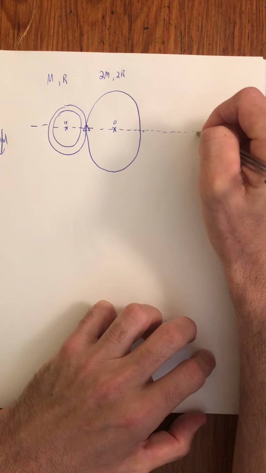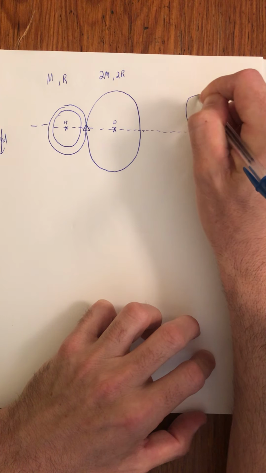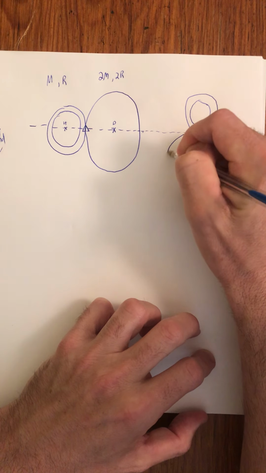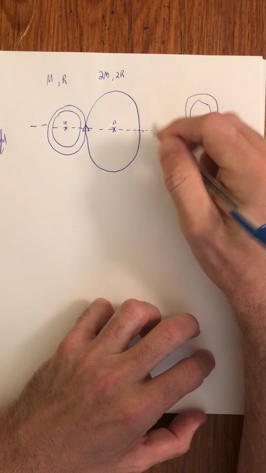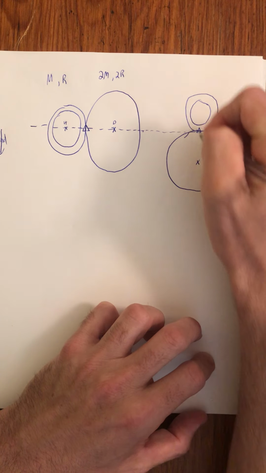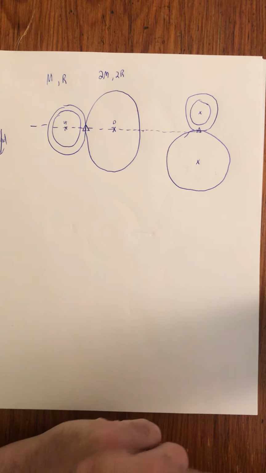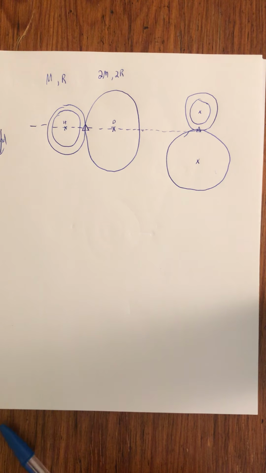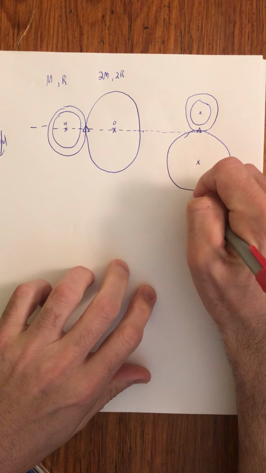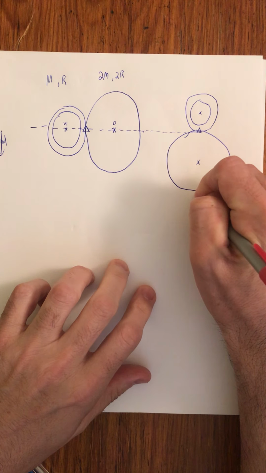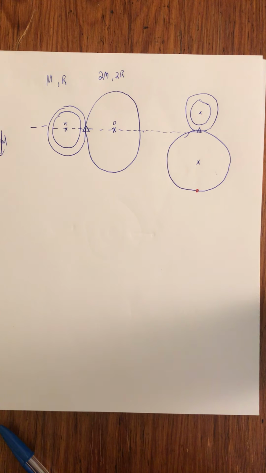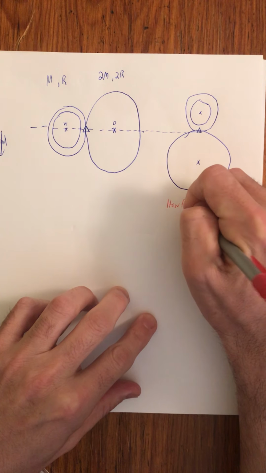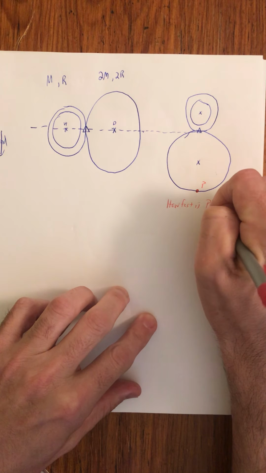Now, at some time later, what we will see is the hoop would be here and the disk would be here. Now, it wouldn't stop there. It would be continuing through on its motion, but this would be the place where the hoop and disk combo would be moving fastest. So what our problem is then, I want to know this point on the end of the disk, I'm going to call point P. How fast is P moving